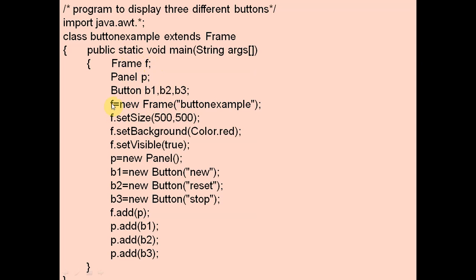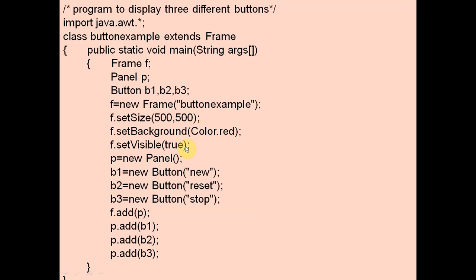F is the object of frame, and button example is its title. So in the title of the frame it will display button example, and the size of the frame is 500 by 500, 500 width, 500 height, and the background color of the frame will be red, and set visible will be true. So by this command it will display the